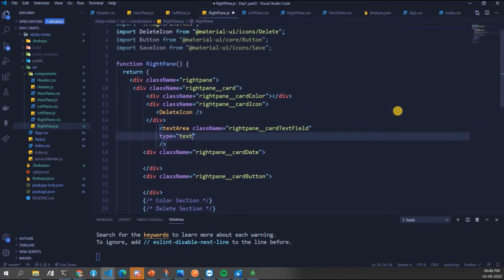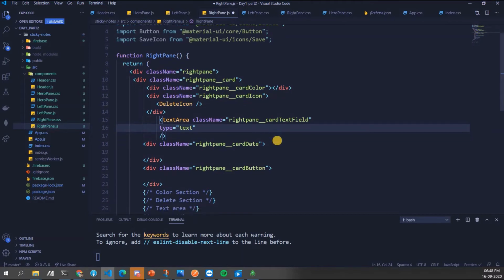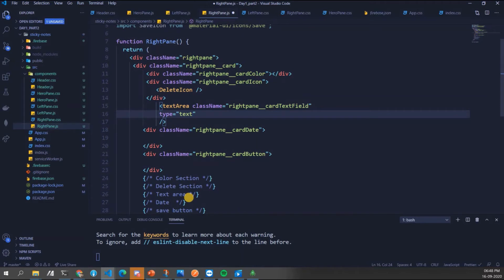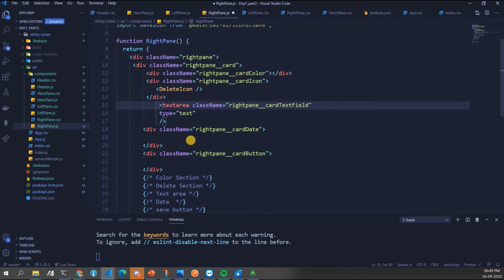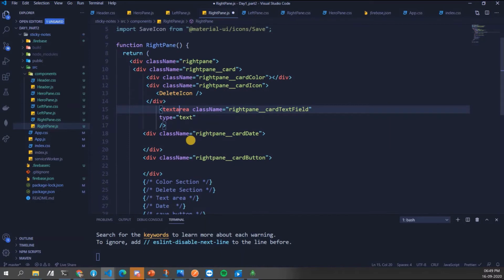So we have color section, delete section, which is this delete icon, text area is there, this is the text area. We have date, and then we have textarea. No, we don't have to put capital E because this is an HTML tag, so it's small. Then we have save button.